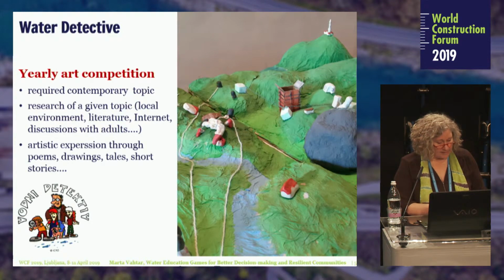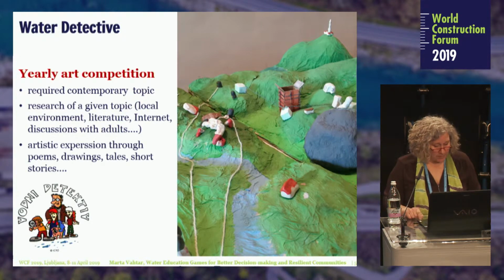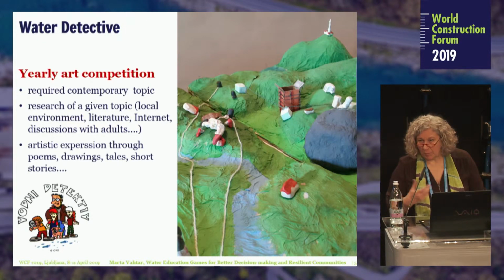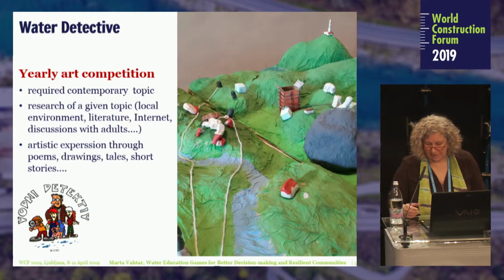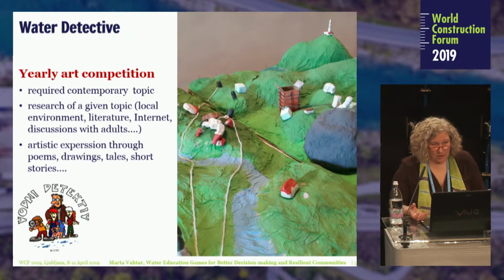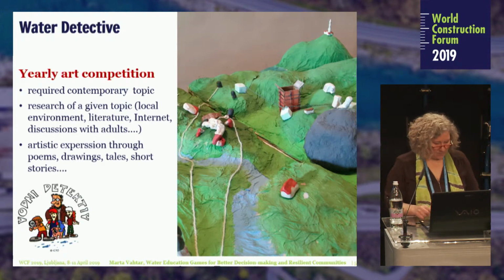This is a model that they built around solving the problem of droughts and floods in their local communities through a story about a supergirl who was proposing a lot of different good ideas to the mayor. So basically, kids had to really go deep into the problems and try to find solutions, and then imagine how to implement those solutions in their local communities.